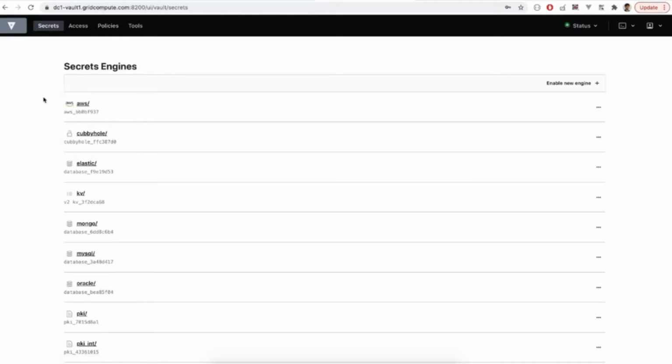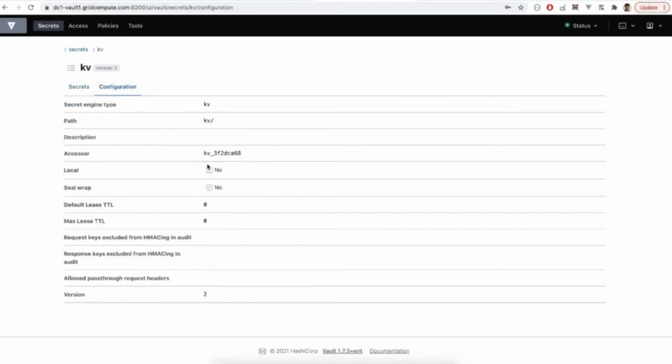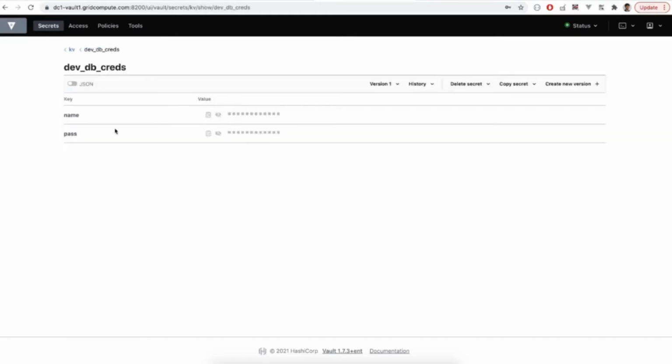The key value secrets engine is used to store static, arbitrary secrets. Let's check the configuration. So this is one secret key, and as I mentioned, this is a key value engine and the version type is 2. So basically it means that version control has been enabled. Coming to this secret, you can see that you can have arbitrary kinds of secret data, username, password, tokens, etc., in a key value pair manner.